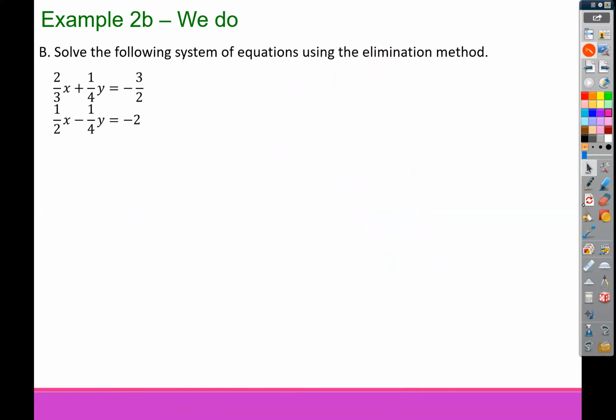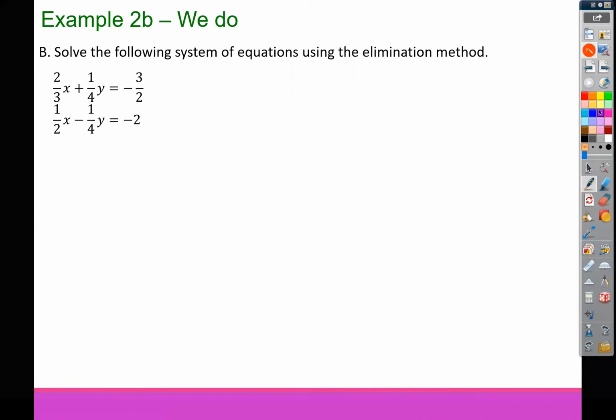Okay, 2B. Solve the following system using elimination. Now, I know what you're already thinking. Oh my gosh, this has got so many fractions. Well, get rid of them. If you don't like them, get rid of them. How? Multiply by the least common multiple. So what's the least common multiple in the first equation? 12. So if I multiply by 12,